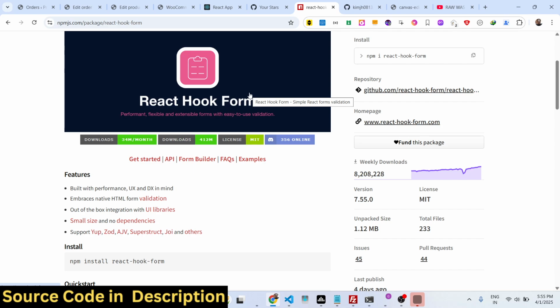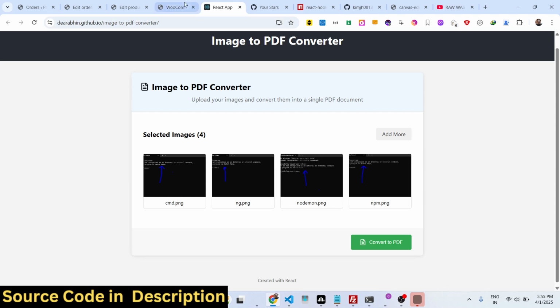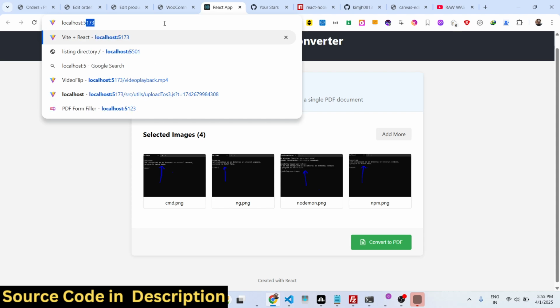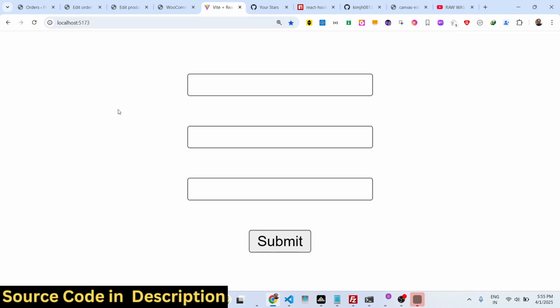So in this video I will show you a React.js library which allows you to do form validation very easily. Let me show you the demo right here. We will have a simple registration form here. We have three fields out there, and then we have a submit button,